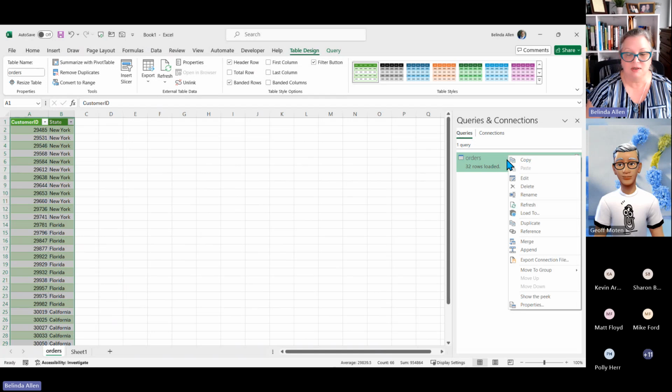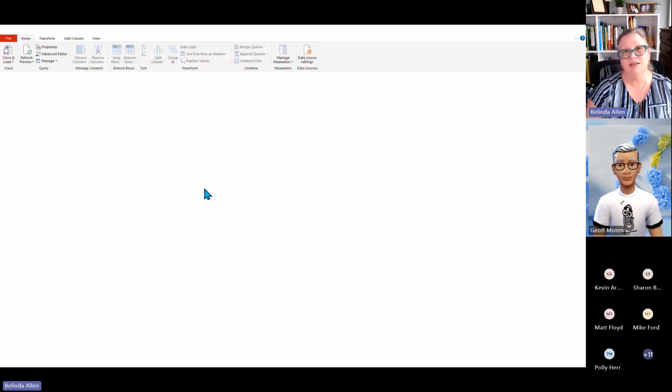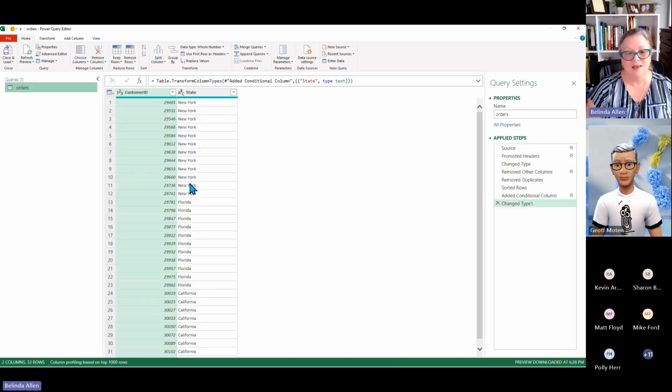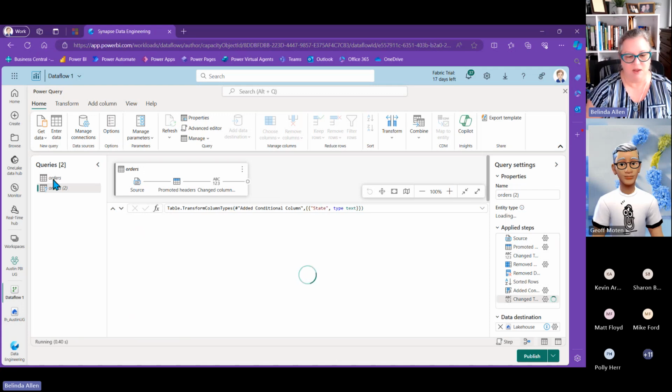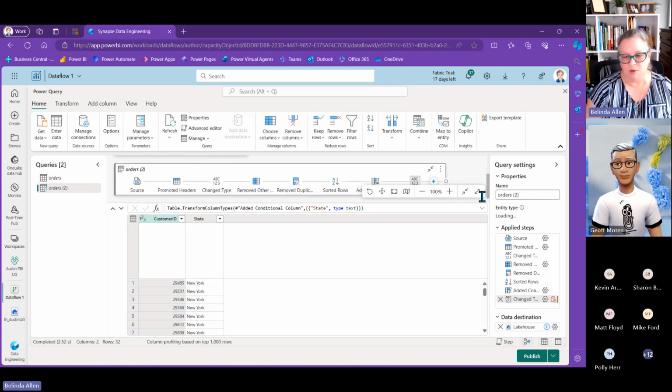So what I'm going to do is just come in and go to the query editor inside of Excel. If I could do this in Excel, then I'm proving it to you I could do it in Power BI. I'm going to right mouse click on this query and then go back to my data model. And here you have to do Control V, but I'm going to do a Control V here. And I should be able to get that data. There it is. It's called orders 2. I'm going to call this states.